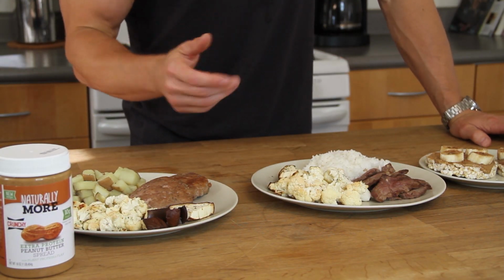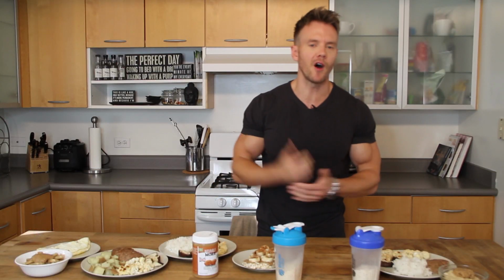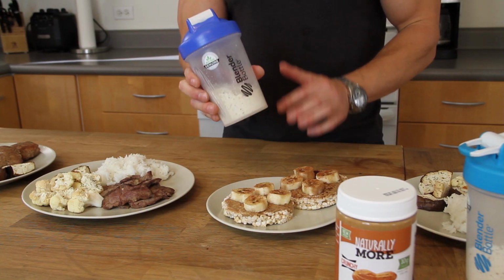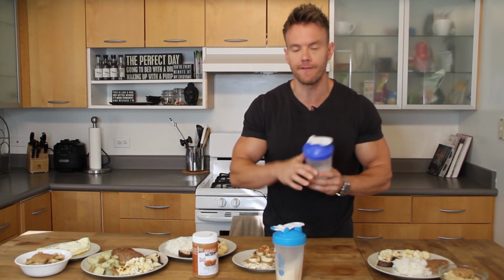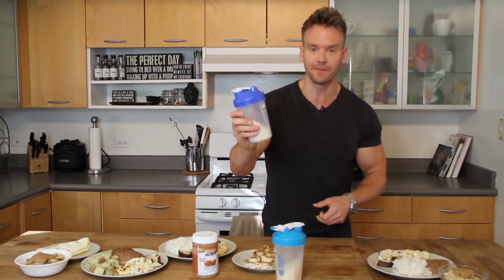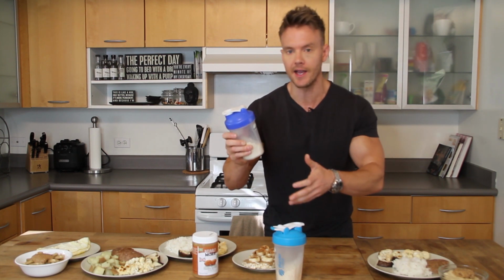Right, so immediately after I finish my weights workout, I want fast-acting protein and carbohydrates. So for that, whey protein, again, just 1 scoop here. This is waxy maize starch. You can use a bunch of other fast-acting carbohydrates. Sometimes I'll use white rice, but this just keeps it simple. I can have this immediately as I'm leaving the gym, and then 30 minutes later, as soon as I get back home,